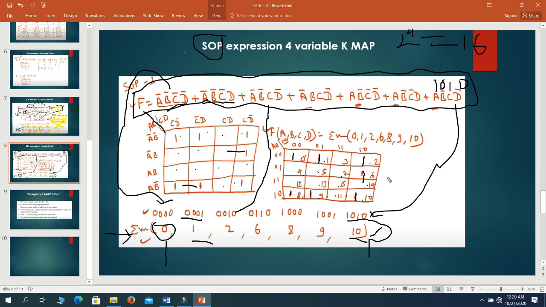In this task, we haven't gone into that one. We haven't tried to minimize the expression. We have just seen how we can fill up the K-map cells from the given SOP expressions. So this is, you can say, step number 1 of minimizing an expression from the given function. Minimization and grouping will be taught in our